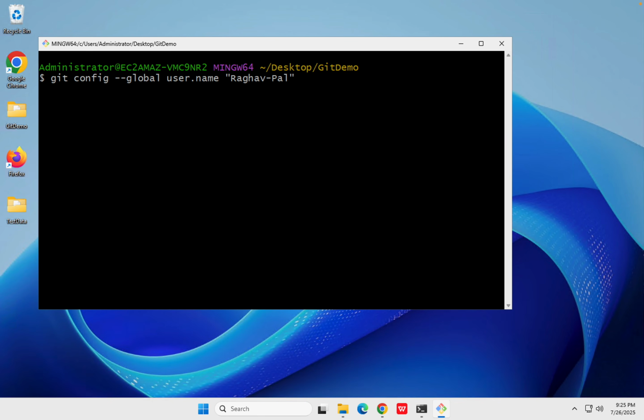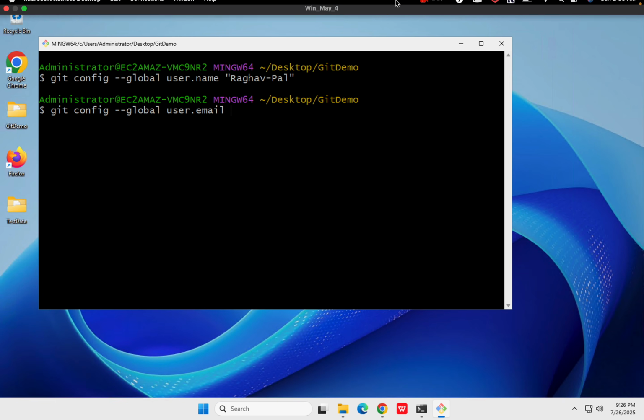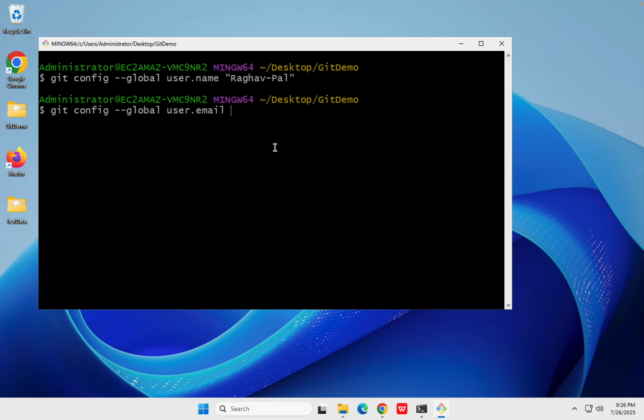Creating a GitHub account we will do later on. So as of now, you can give any of your username and your email ID here. So this I will do, and just hit enter, and this will take it. And similarly, you can say git config --global user.email, and I can give any email ID. I will say